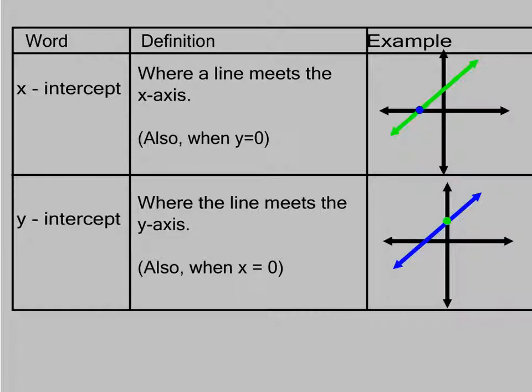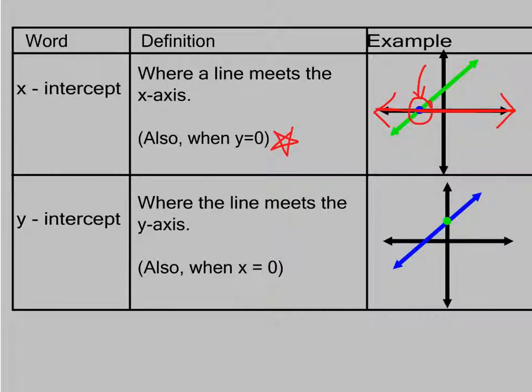The first word you need to know is x-intercept. The x-intercept is the spot where a line meets the x-axis. Remember that the x-axis runs across and it is the flat line that creates our coordinate grid. This is also the spot when y equals 0. You should get into the habit of also remembering, anytime I'm looking for my x-intercept, that means my y is equal